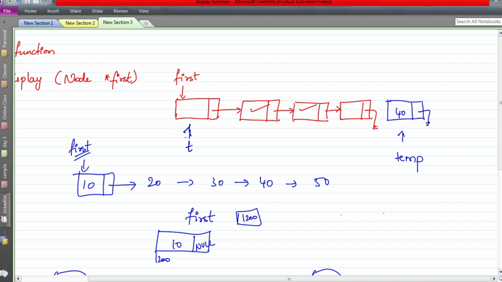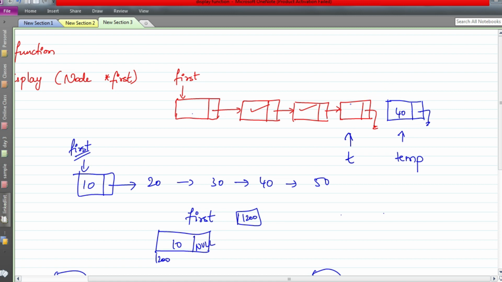So we will write a while loop where we check while t next not equal to null, we keep moving. Since t next is not null, we give t equals to t next, so t points to the next node. Is the next pointer null? No, so I move t to the next one. Is the next pointer null? No, I move t to this node. Is the next pointer null? Yes. So as long as the next pointer is not null, we repeat. Now the condition is false because the next pointer is null.